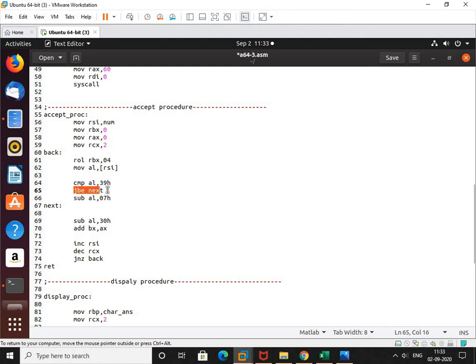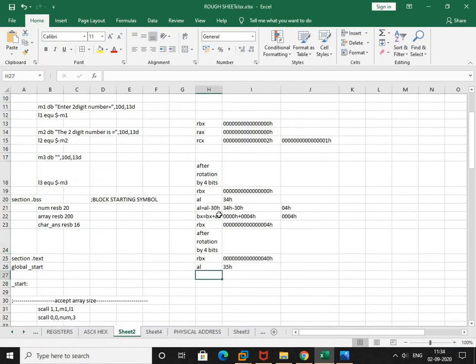So jump if below or equal to label next. Now subtract 30 from that 35H. So what we will do here? 35H minus 30. I got 05H, right?